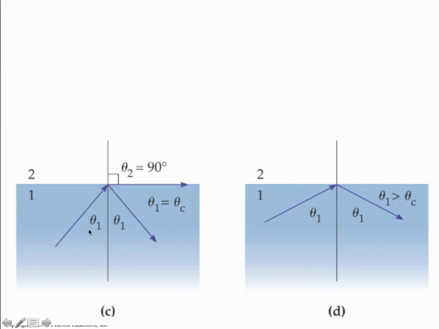Now, if we increase the angle, so now theta 1 is even greater, we're going to reach a point at which theta 1 equals the critical angle. The critical angle means that the angle of refraction is now 90 degrees. So the theta 1 that is required in a certain medium to achieve a theta 2 of 90 degrees, that's your critical angle, which means that that observer, let's say that we have that same observer over here who was looking at something that he thought was over there,